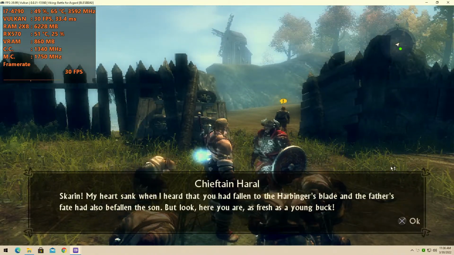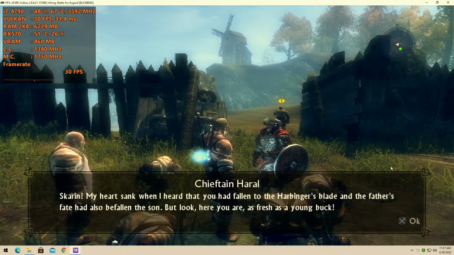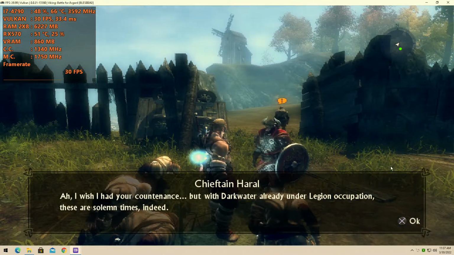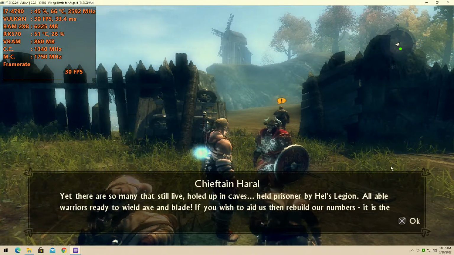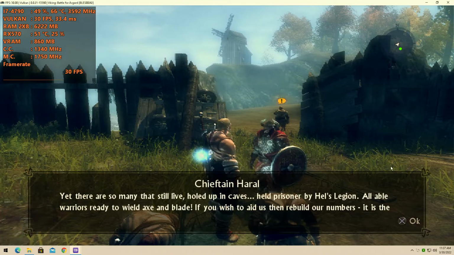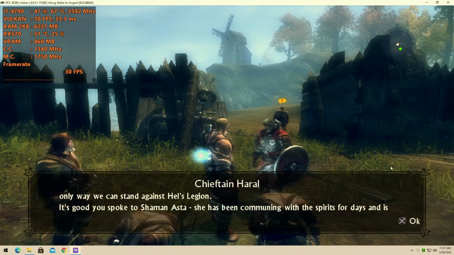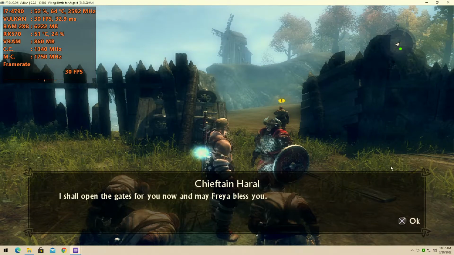Scarring! My heart sank when I heard that you'd fallen to the Harbinger's blade and the Father's fate had also befallen the Son. But look, here you are, as fresh as a young buck. I wish I had your countenance. But with Darkwater already under Legion occupation, these are solemn times indeed. Yet there are so many that still live, holed up in caves, held prisoner by Hell's Legion. All able warriors ready to wield axe and blade. If you wish to aid us, then rebuild our numbers. It is the only way we can stand against Hell's Legion. It's good you spoke to Shaman Asta. She has been communing with the spirits for days, and is less than lucid. I had hoped she may have...